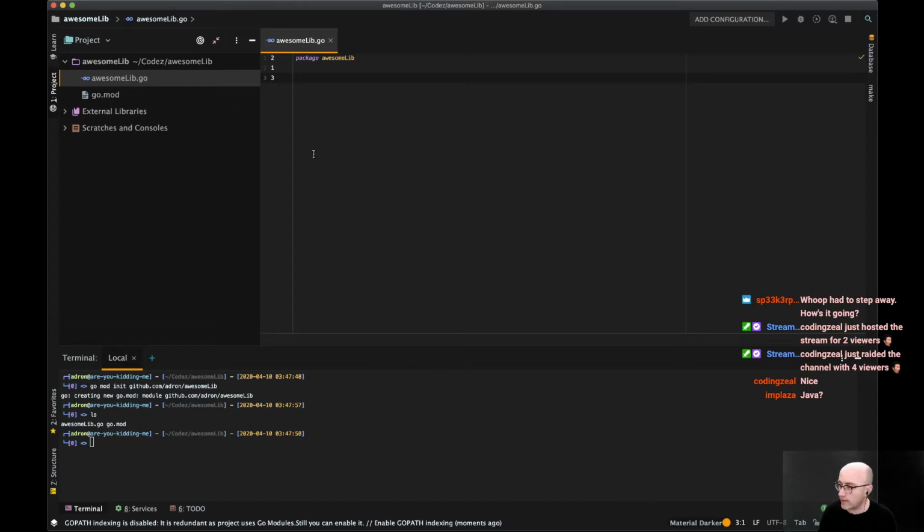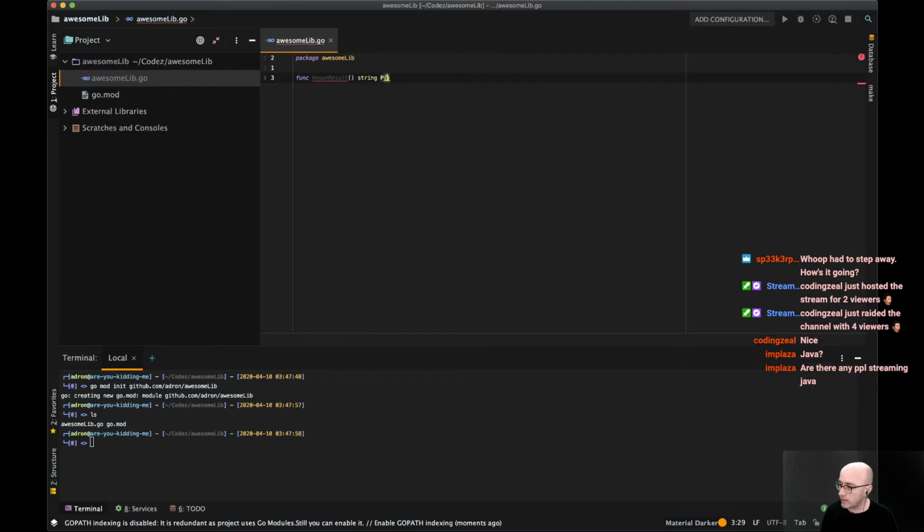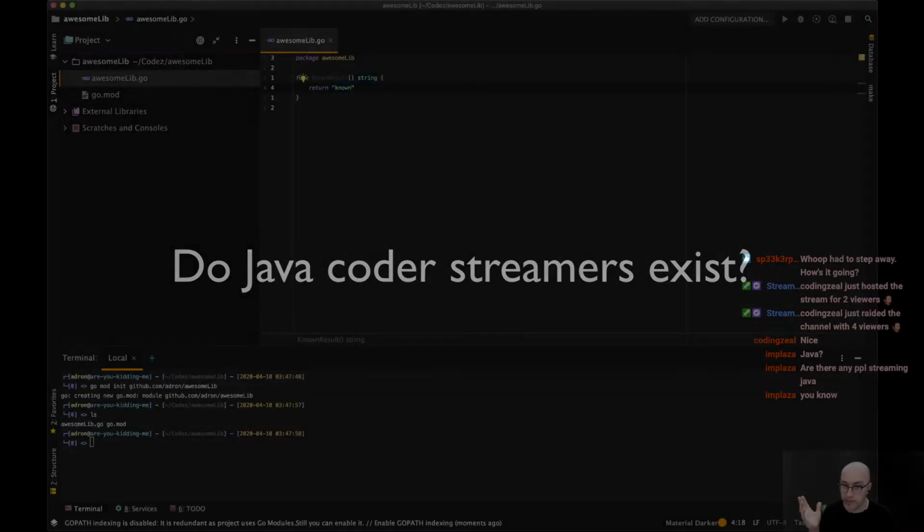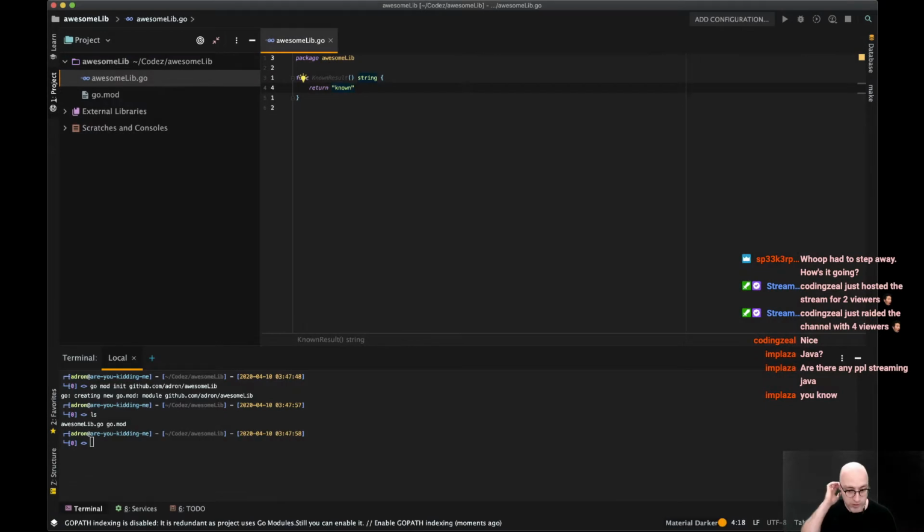All right, so we got that, and now let's just write a function. We'll do it backwards. Instead of TDD, we'll do implementation, then test. So I'm going to write known result, and this is just going to return a string, and then we'll get a known result back here in the function by saying return known. Okay, extremely simple function. You can't get much more complex than that.